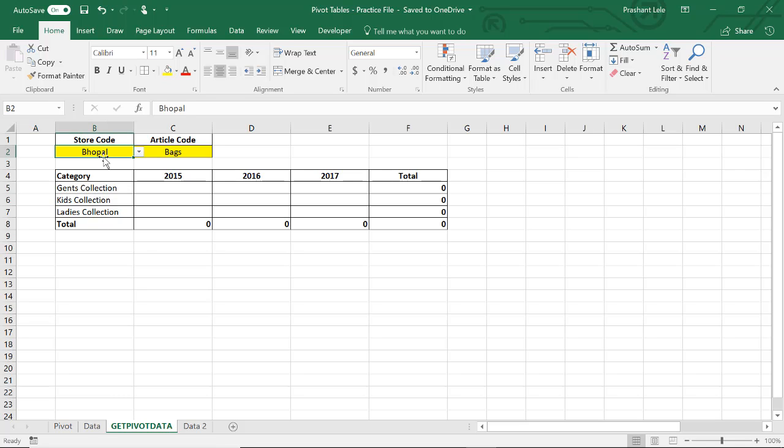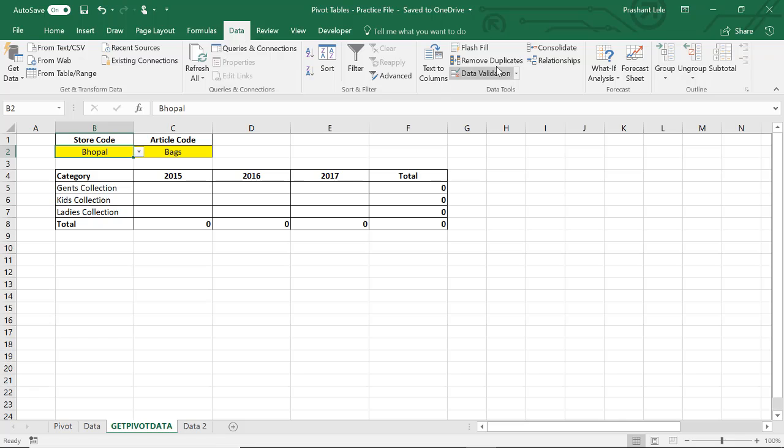And you want to select from here. I have created a drop down through data validation, for article codes and store code. As and when your client or boss changes the store code and article code, the related data will be displayed here. Right? So to do this from a pivot table,